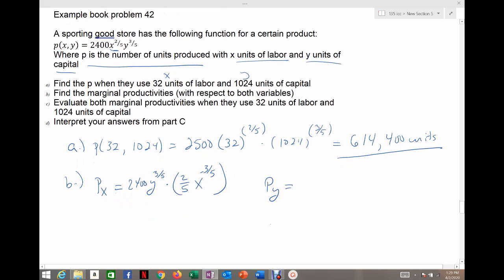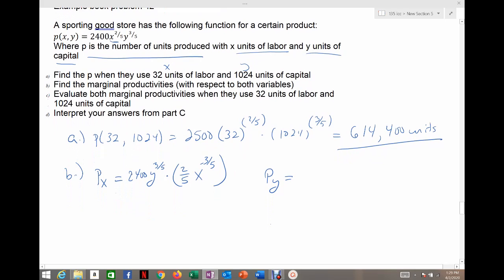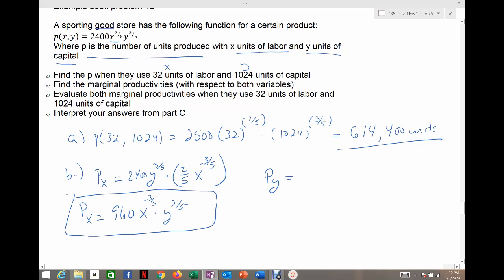Alright, then I will clean that up. I can take my 2/5 times my 24. If I take 2/5 times 24, it comes out 960, and then I just rewrite it. You can leave it xy or yx. I like my x value first, so I'm going to write my x value first. X to the 3/5, y to the 3/5, x to the negative 3/5. Make sure you put the negative on the 3/5 of x. Y to the positive 3/5. Alright, and so there's my marginal function with respect to x, and now I find my marginal function with respect